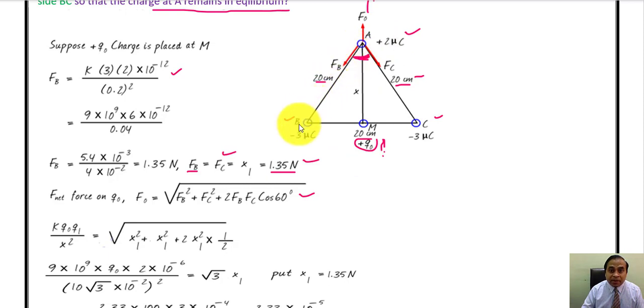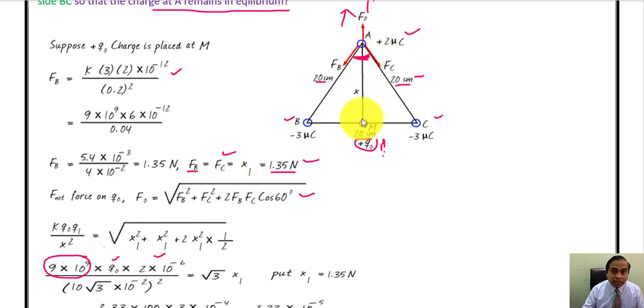So this distance is 20, this distance is 10, so you can find out by Pythagoras theorem what can be this distance. It is 10 root 3 centimeter. It is 20, it is 10, so it will be 10 root 3. So अब यहाँ से जो फोर्स लगेगा, यहाँ से ऊपर को जो फोर्स लगेगा, it will be 1/4 pi epsilon naught q1 is equal to q naught, q2 is equal to 2 microcoulomb